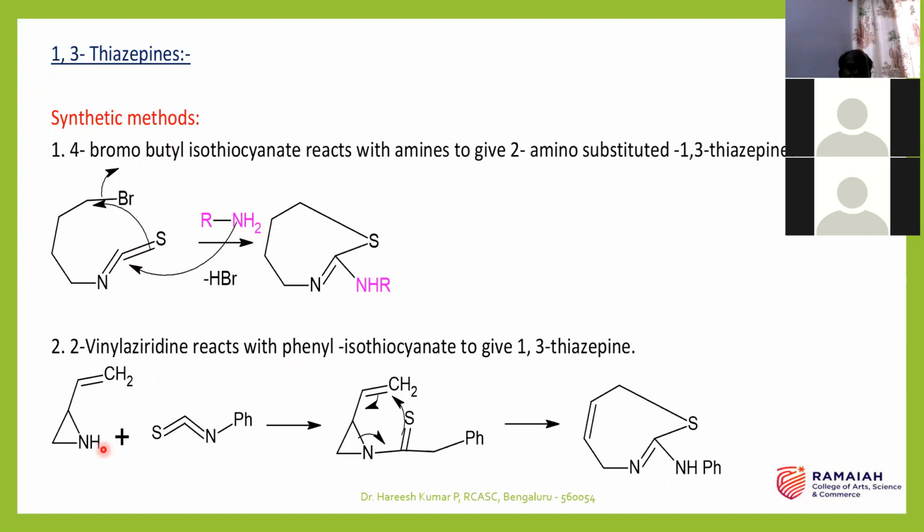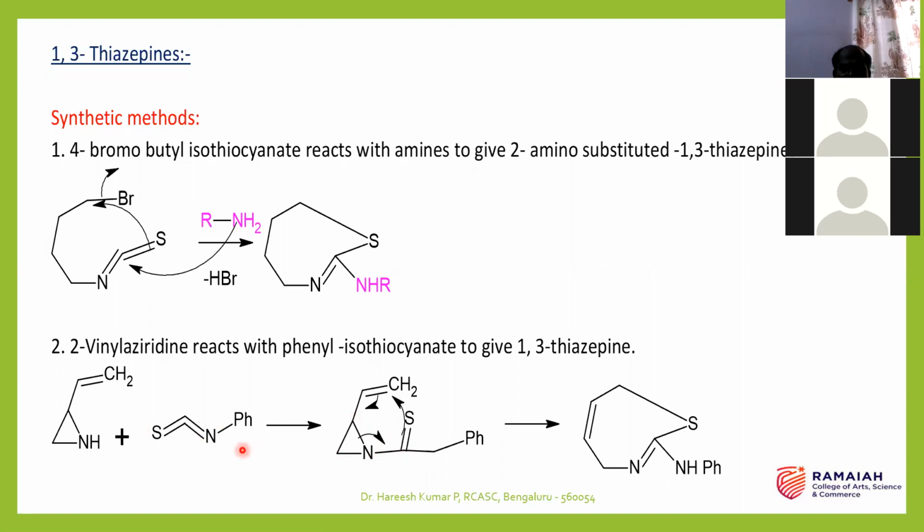It is also prepared starting with this, a vinyl group, and this is an aziridine group. So vinyl aziridine, when it is treated with phenyl isothiocyanate, where this is phenyl and this group is isothiocyanate, what will happen? There will be a 6-electron